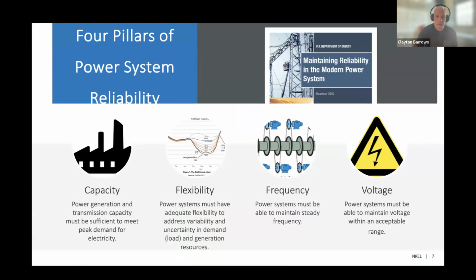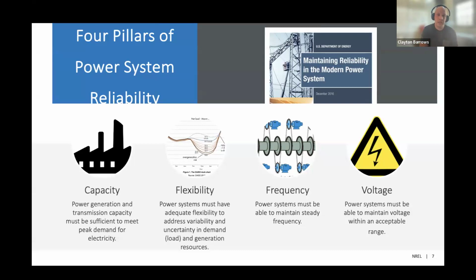In particular, a study that some of my colleagues did a few years ago framed this reliability problem in terms of the 4 fundamental requirements of maintaining reliability in power systems. And they framed it such that there were these capabilities. So a power system needs enough capacity to meet load at all times. And it needs enough flexibility in the resources to be able to manage the uncertainty in the forecast errors,